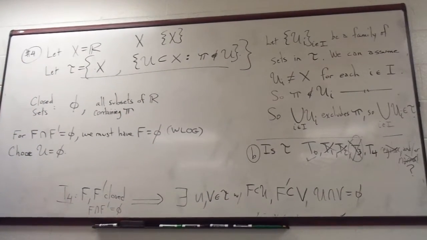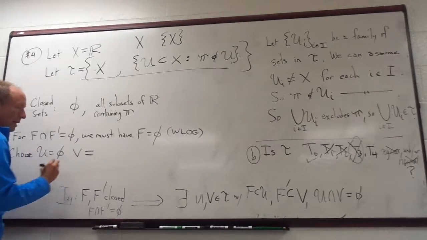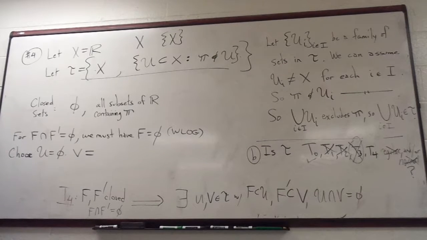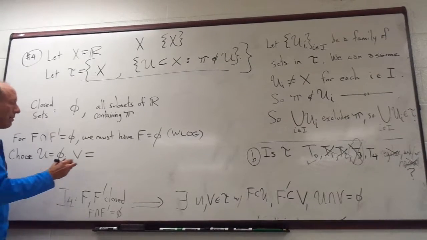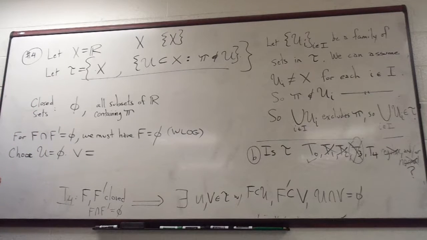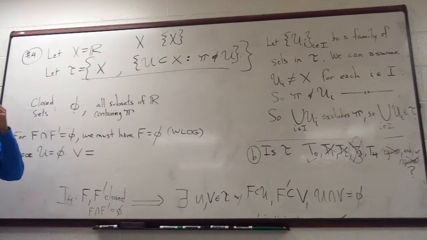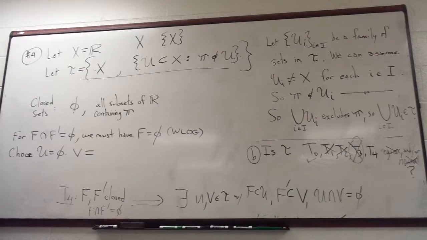Okay, and then I need an open set containing F prime. It would have to be all of... well, it could be actually any... It can be any closed set, basically. I thought we were supposed to be open. Yeah, U has to be. I'm saying, but the F prime. Right, sorry. So the only open set containing F prime has to be X, because it has to be contained. Because F prime will contain pi.